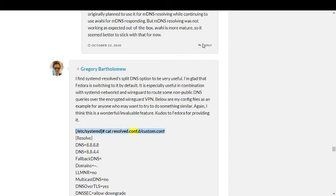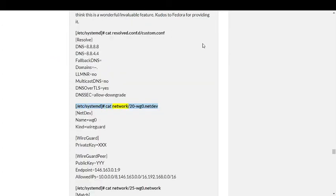/etc/systemd # cat resolved.conf.d/custom.conf. [Resolve] DNS=8.8.8.8 DNS=8.8.4.4 FallbackDNS= Domains= LLMNR=no MulticastDNS=no DNSOverTLS=yes DNSSEC=allow-downgrade. /etc/systemd # cat network/20-wg0.netdev. [NetDev] Name=wg0 Kind=wireguard. [WireGuard] PrivateKey=XXX. [WireGuardPeer] PublicKey=YYY Endpoint=146.163.0.1:9 AllowedIPs=10.0.0.0/8,146.163.0.0/16,